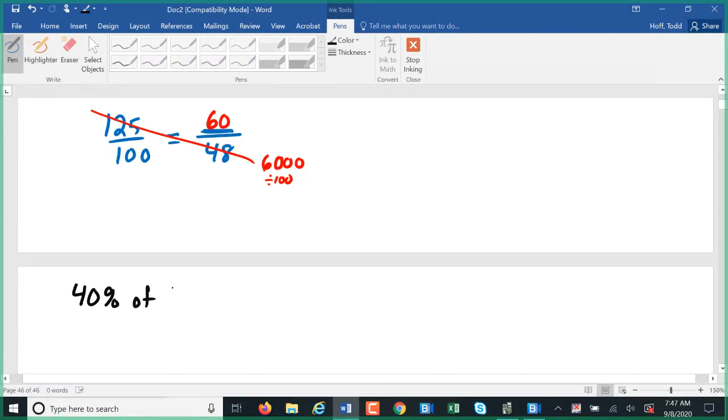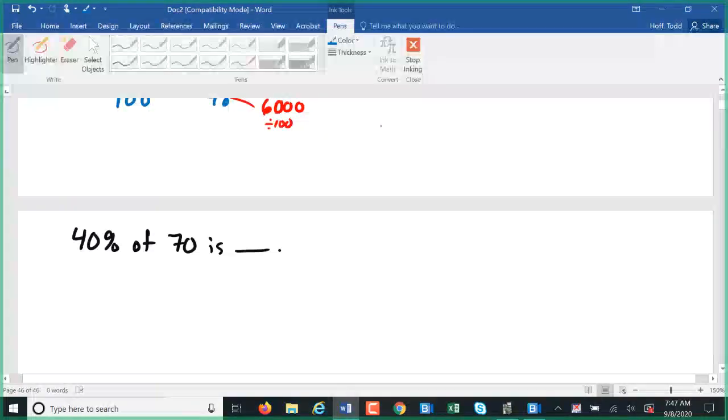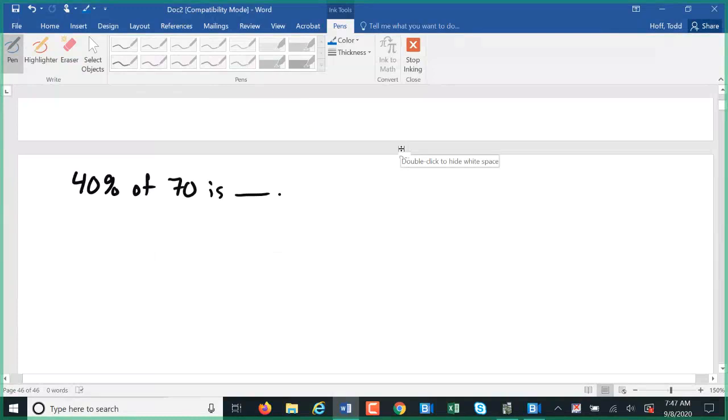Next, 40% of 70 is blank. So we are looking at the same type of problem, just worded very differently. We have the percent, 40%, so that's where we start. 40 out of 100